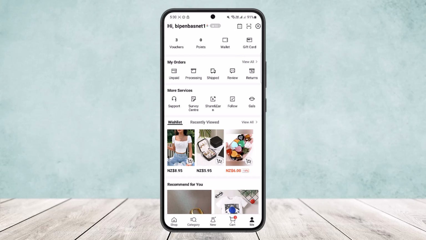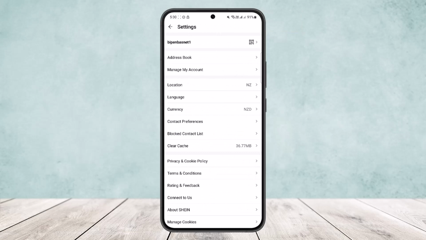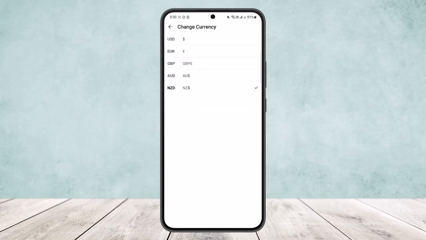But at the top right corner, you can see the calendar icon there, and you can see the QR code icon there, and you can see the gear icon there. Simply tap on the gear or the settings icon there at the top right corner of your screen, and here you can see address book, manage my account, and under it you can see location, and below you can see currency as well. Now you can simply tap on currency here and you'll be able to change your currency,